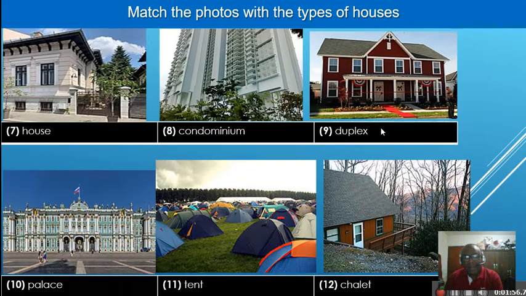This is a duplex. We call it duplex because it's a double house. We have one house here and the other one, and then you can enter through here and there, so that's why it's called a duplex. It's double. And then here we have a palace, we have a tent, we have a chalet,